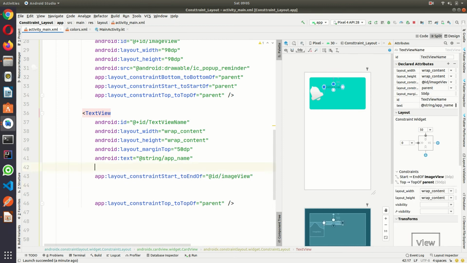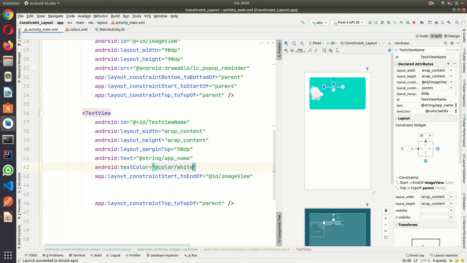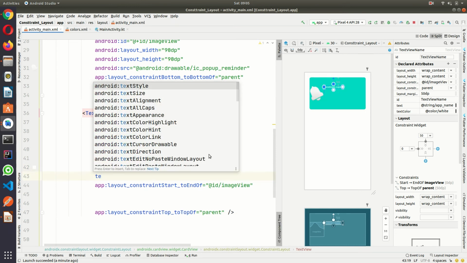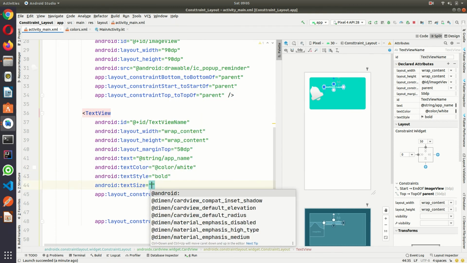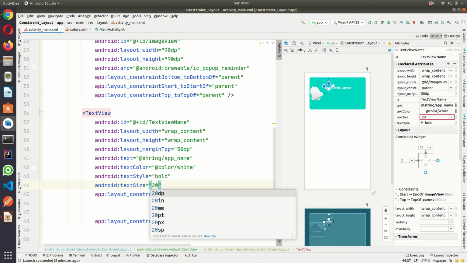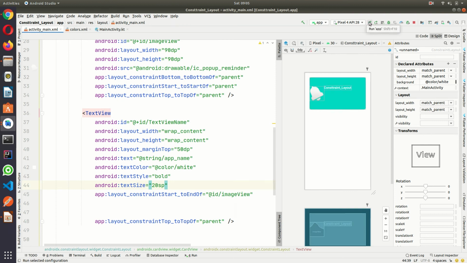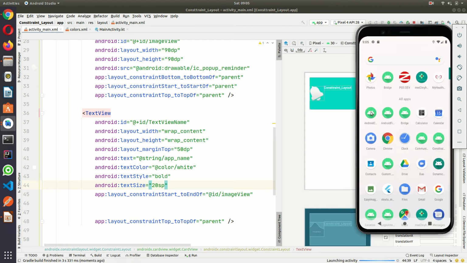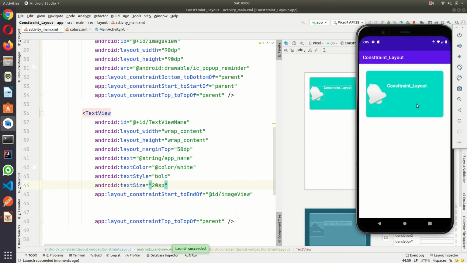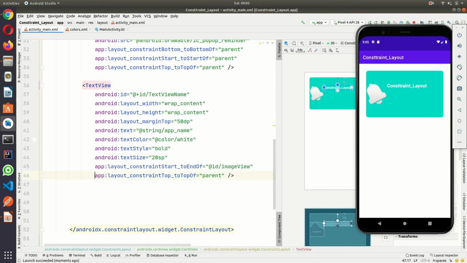Name, then text size I am going to write around 20 sp. Yeah, let me run it. Okay, and again I wanted some more text that should be below this text.